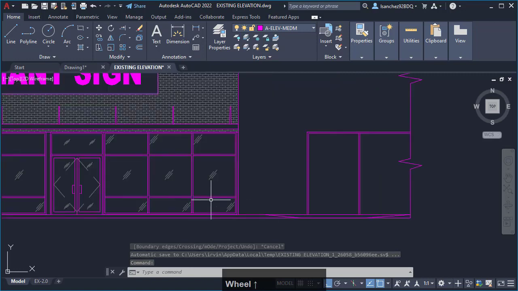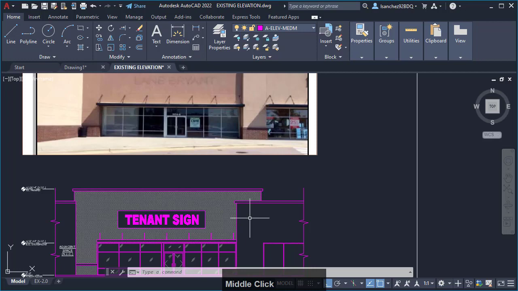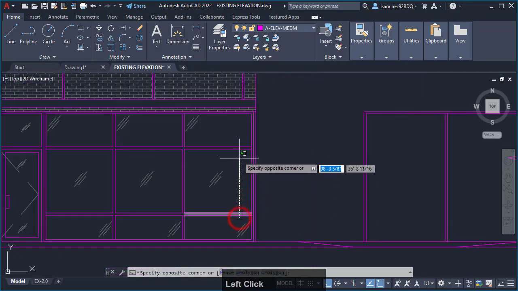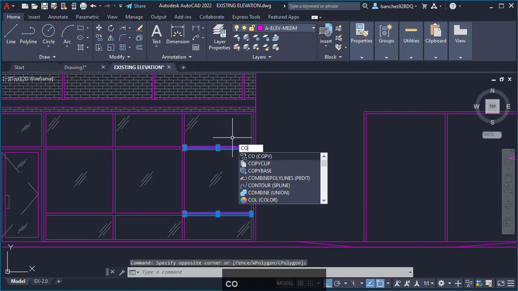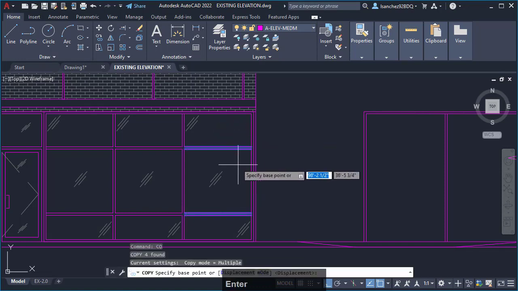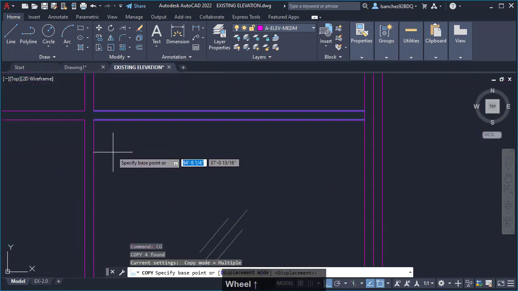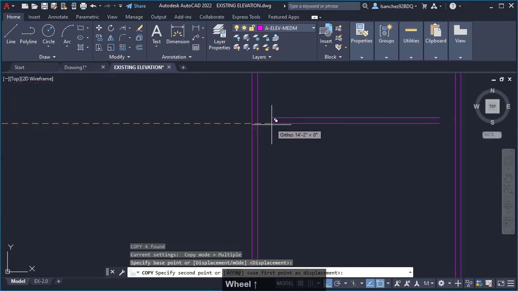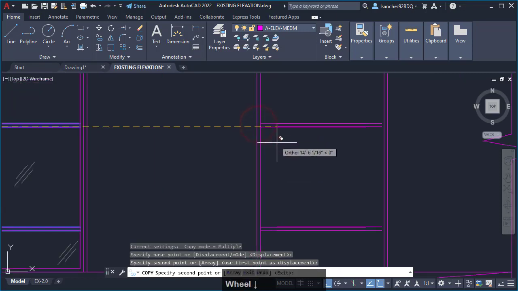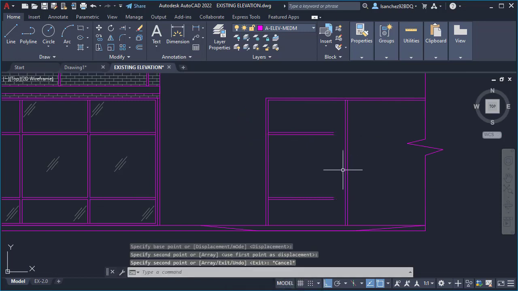I also need to copy these other frames, the vertical ones. So again, the same process, select CO for copy, enter. I need to copy these objects with precision this time, so I'm going to click this endpoint, click, and then click here like so. I can now press escape, and again using